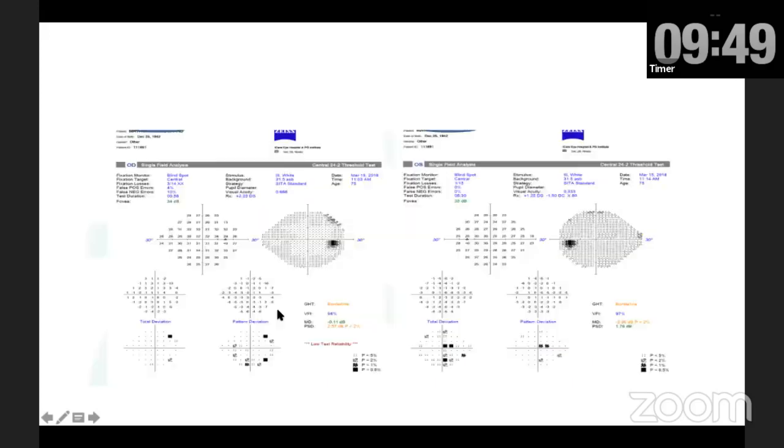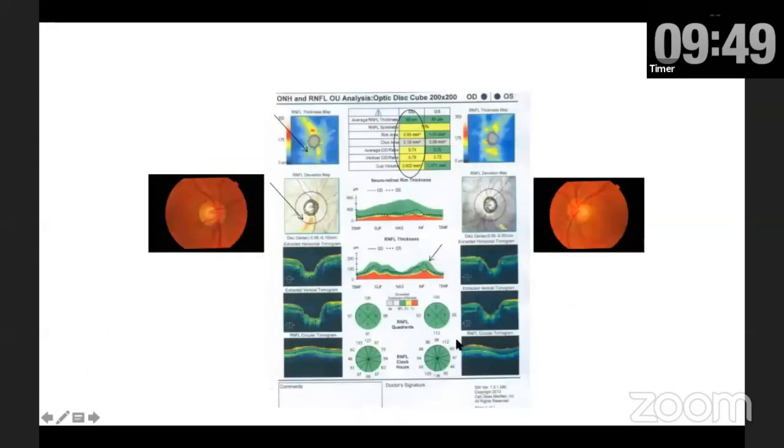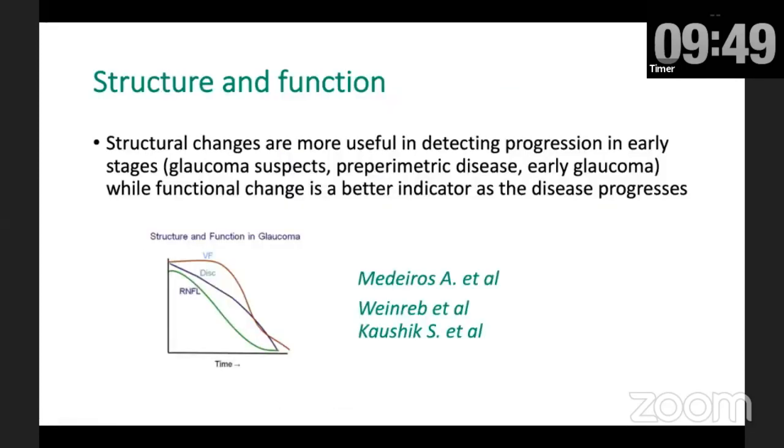Again, a patient who's a glaucoma suspect over time shows you a disc hemorrhage inferiorly over here. And if you want to confirm what's happening, the field test is not so clearly visible as progressive, but you have some depression close to fixation superiorly in this eye. But if you look at the OCT, you can clearly see a new inferior defect forming over here, even though the parameters look all green over here, but you can clearly pick up the retinal nerve fiber layer defect matching the area of the disc hemorrhage, which can help you confirm that this patient is actually progressing.